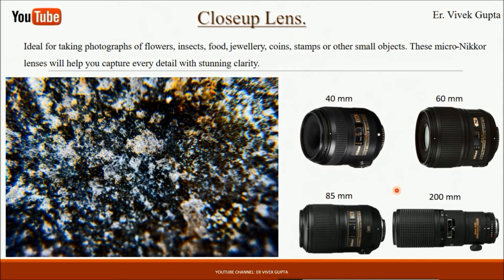These types of lenses work just opposite to the zoom lenses. We will discuss that. It means a 200 mm lens will zoom the object, but it will zoom the object in a close-up manner, not in the normal manner. So once you use it, you will know how this works. But basically, to capture a flower by going very close to it, or to capture a small insect by going very close to it, these types of lenses are used.